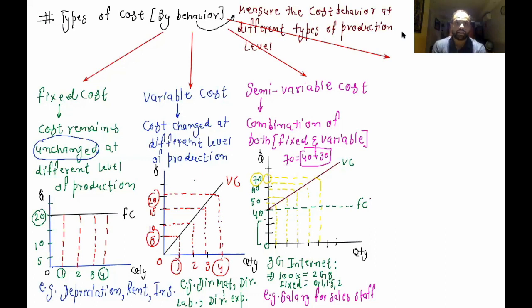Is it possible for fixed cost to come after variable? No, it is not possible, because variable cost cannot be fixed. Variable keeps increasing: your usage is increasing, your cost is increasing. So fixed cannot come after variable. Fixed always comes first, but fixed comes with a limit. If you cross the usage, then your cost increases. And remember, in semi-variable cost, once your cost turns into variable cost, it cannot be fixed again. If you keep using, your cost keeps increasing. There are no limits